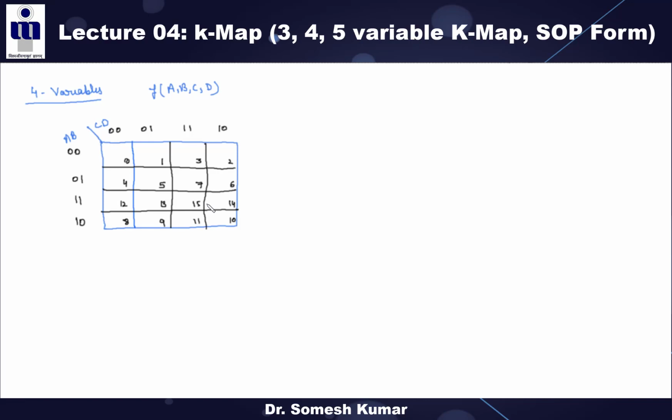Any doubt about this numbering? I directly gave this numbering right now. So this numbering is based on this combination, right? 0 0 0 0. Now 0 0 0 1. Now 0 0 1 1. 0 0 1 0. Similarly for the 15, see the combination 1 1, and here also 1 1, right? So 15. This type of representation is the same for both SOP form and POS form.